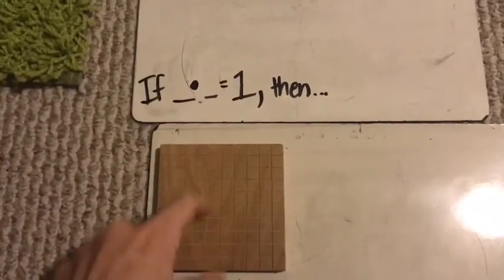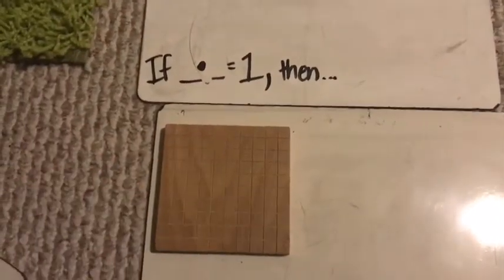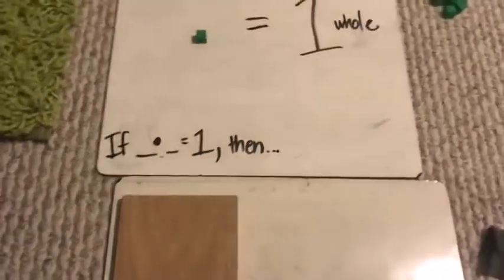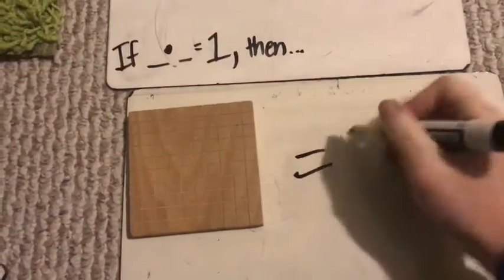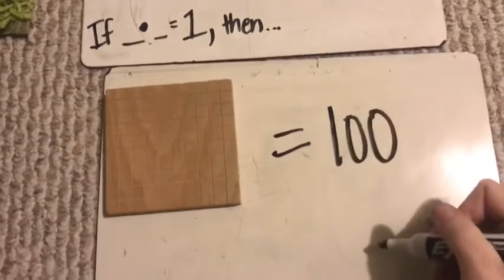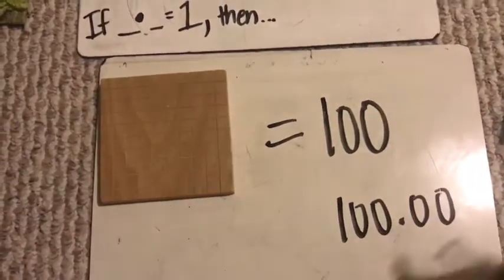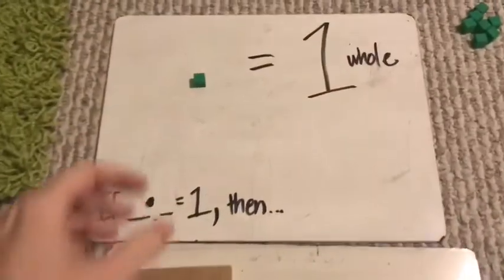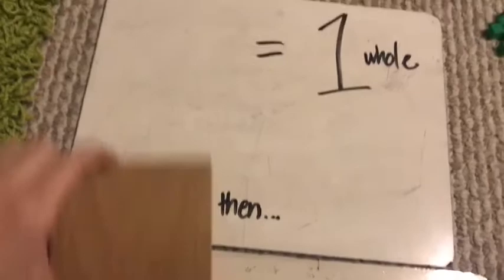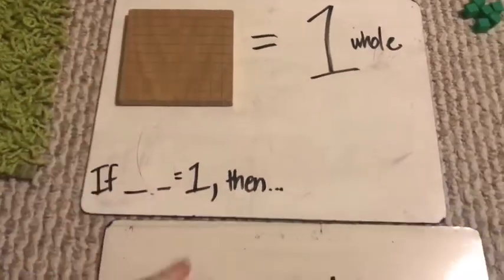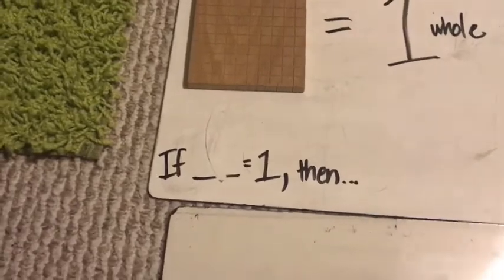And many students will remember there's 100 of these because students will call these hundreds even though they don't always represent 100. So if this piece is 1 whole, then this piece represents 100. Okay? All right, now I'm going to try to blow your minds, guys. Here we go. Now I'm going to tell you that that flat represents 1 whole. So if the flat represents 1 whole,